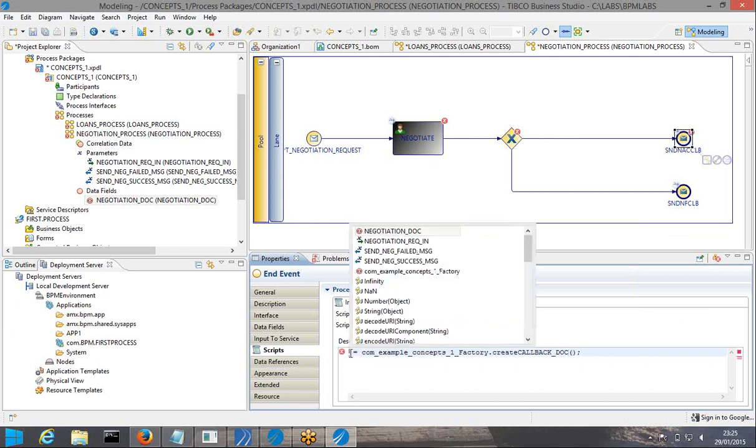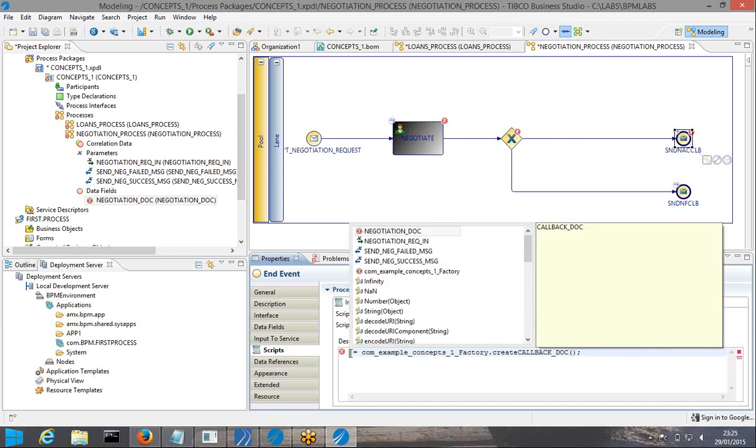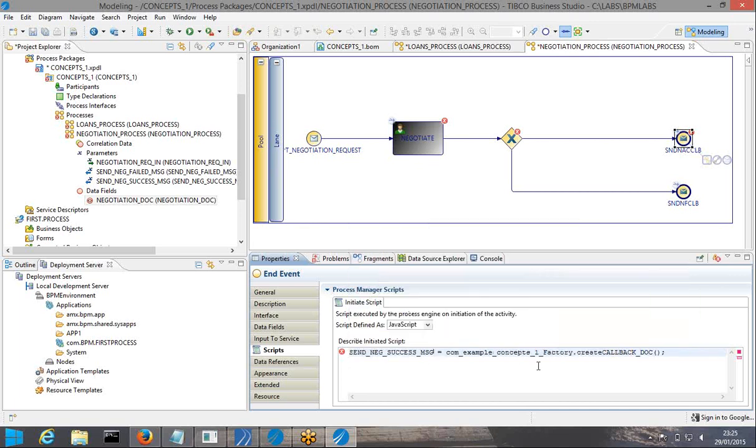So which is of type success message. Just copy the data from